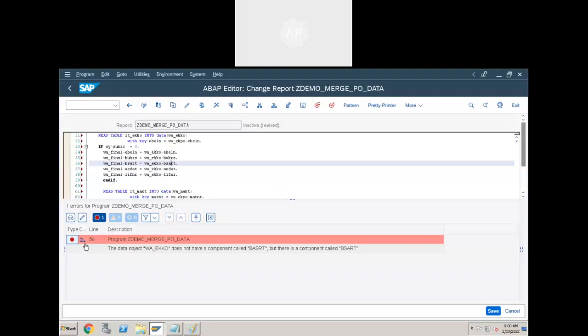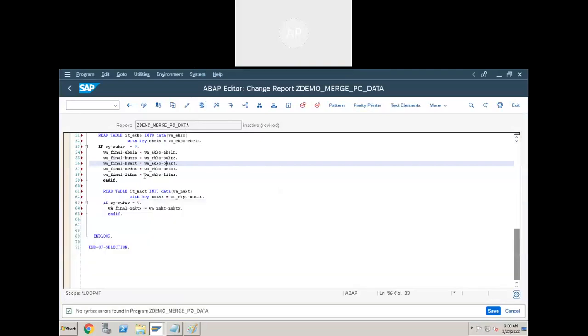See, it is automatically showing, right? If you click on this, it will automatically correct that. This is the error. Check the syntax. Click here. It is corrected, right?